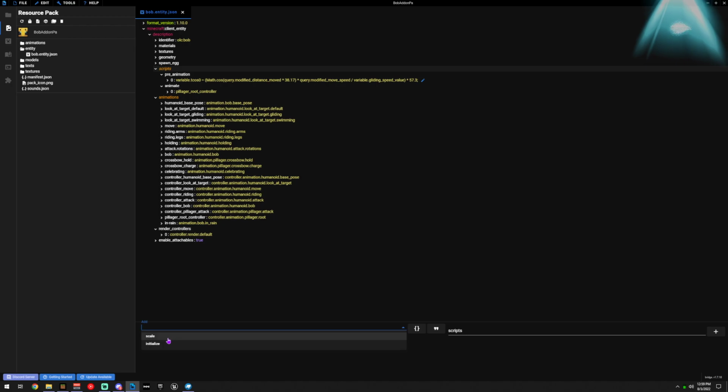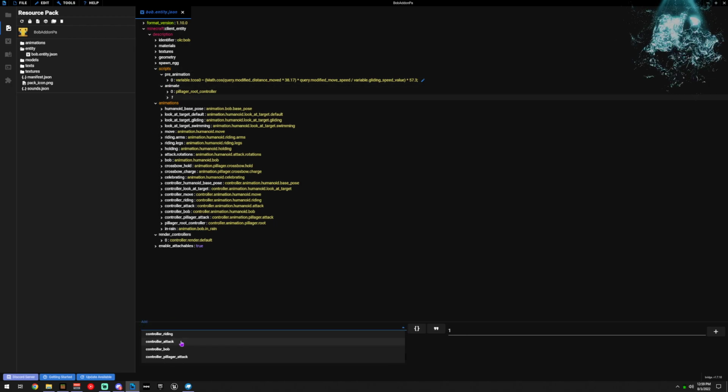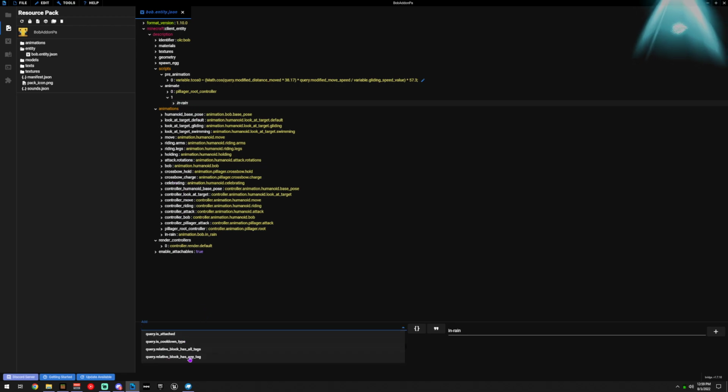So if we come in here and go to animate and do a new number, we're going to put in this in rain. And you can see why Bridge is so awesome, because it automatically connected those so I don't have any errors or mistypes or any of that stuff. And now, here's the other piece of awesomeness of Bridge. Let me take a drink really quick.